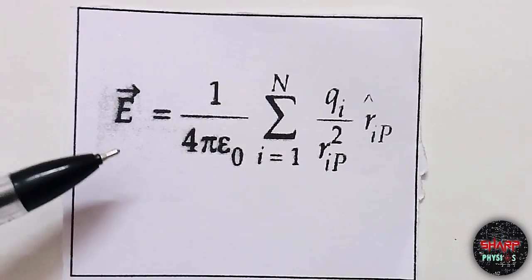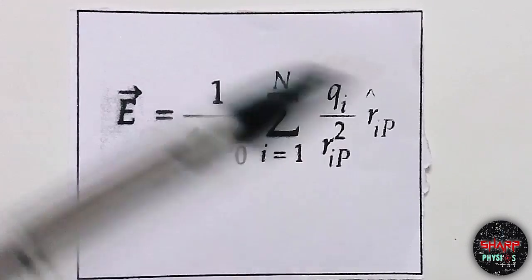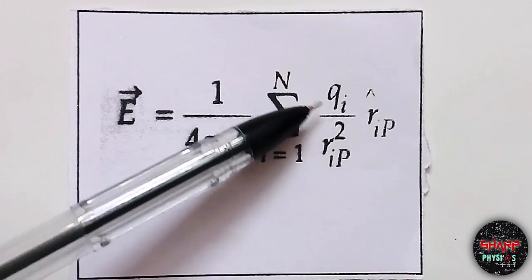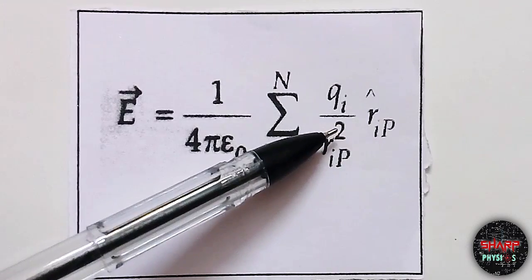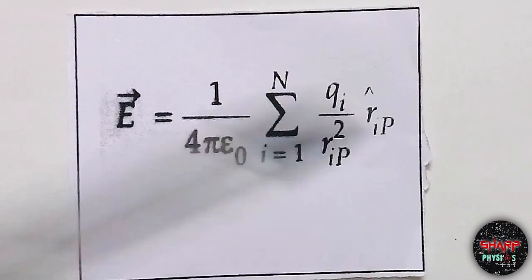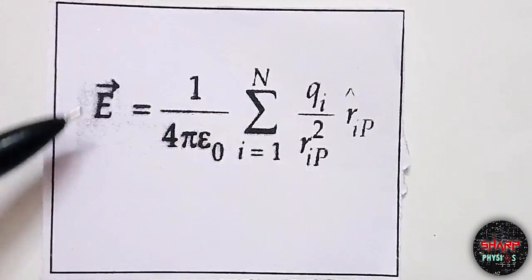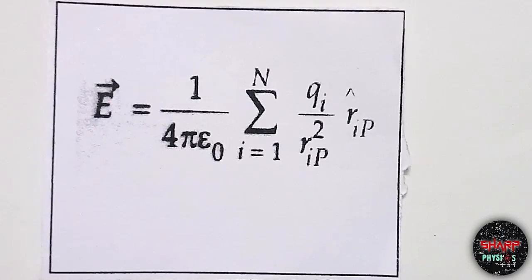So the electric field is calculated by 1 by 4 pi epsilon 0 times the mathematical summation of all the added terms. We make it as Qi by Rip square, R suffix Ip vector. Now dear students, you just remember this very important formula for calculating the electric field for a system